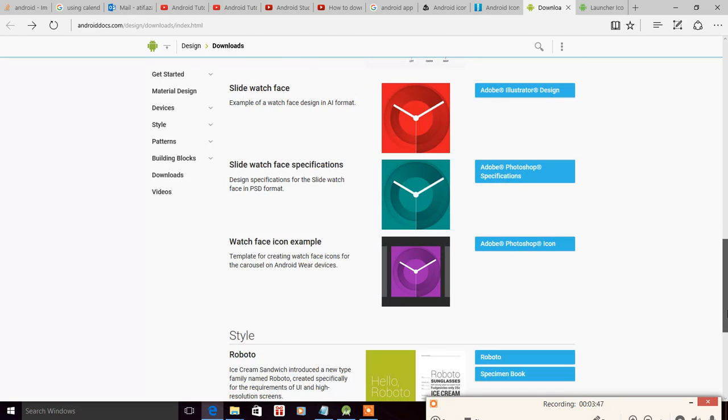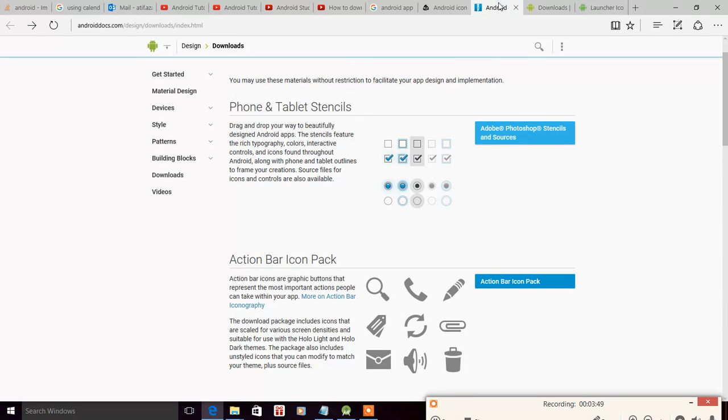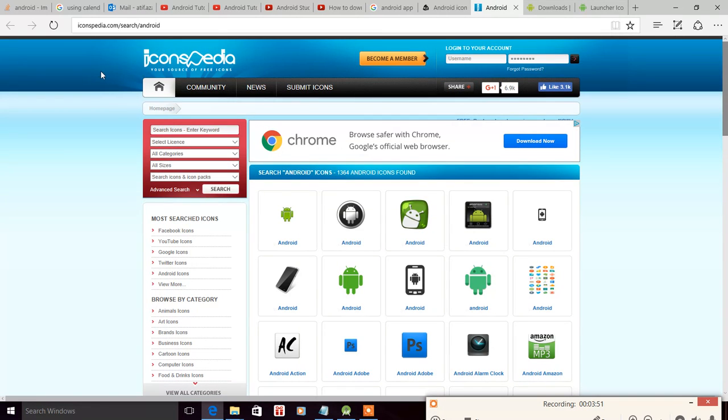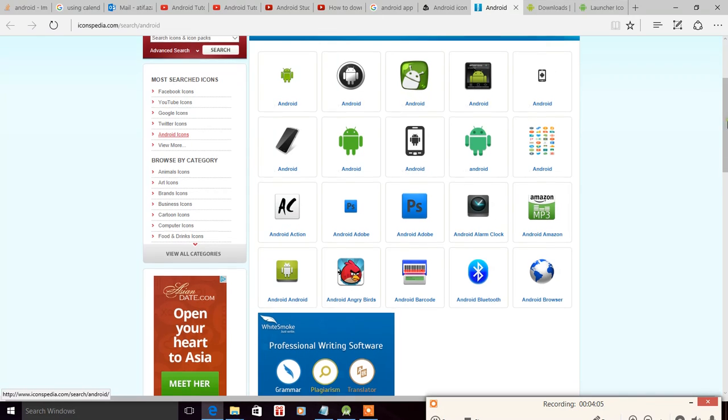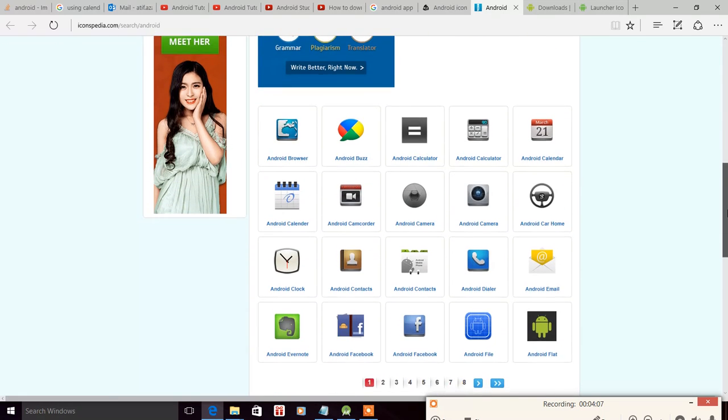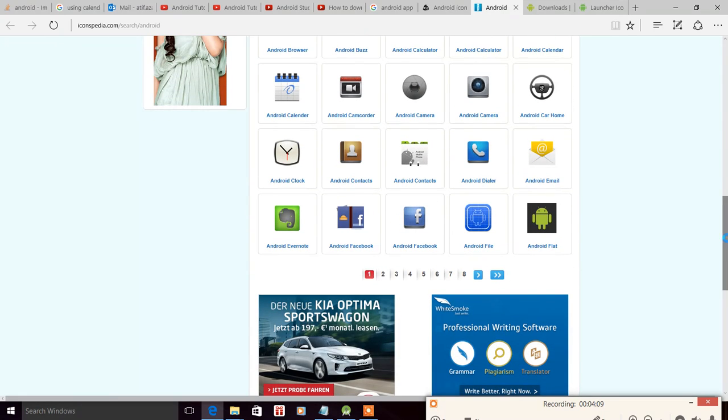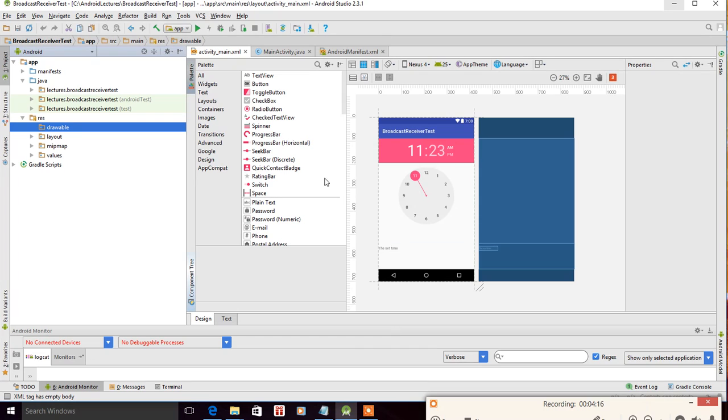And there's another website called Android iconspedia.com. This website also gives you a lot of icons, as you see here, and there are icons for Google, Twitter, Android. You click here for the Android icons, and it's actually already selected. So there are many places on the internet from where you can download the icons for free, or you can also buy from websites. But today, in our code, these action bar icons we will try